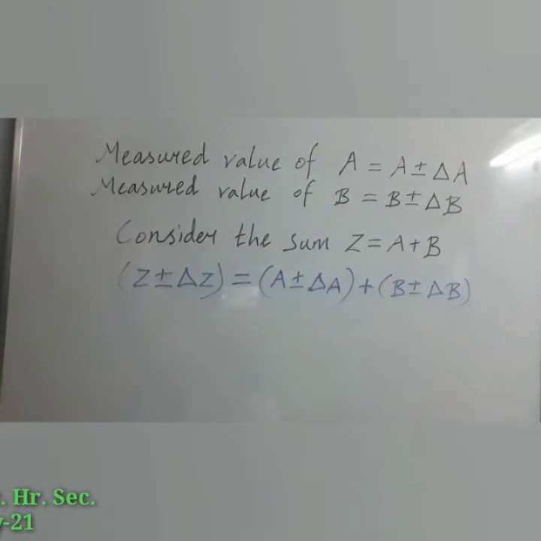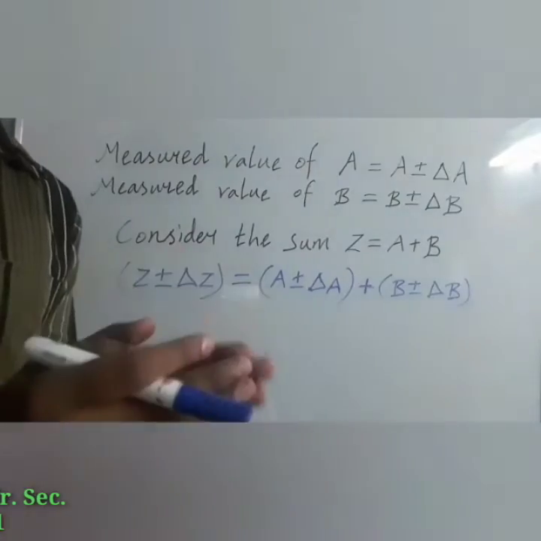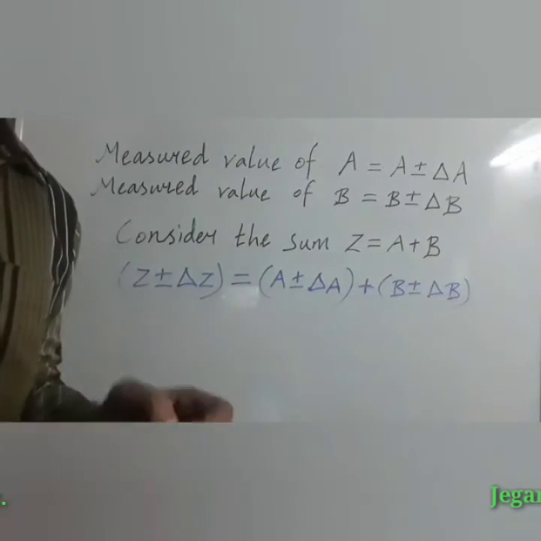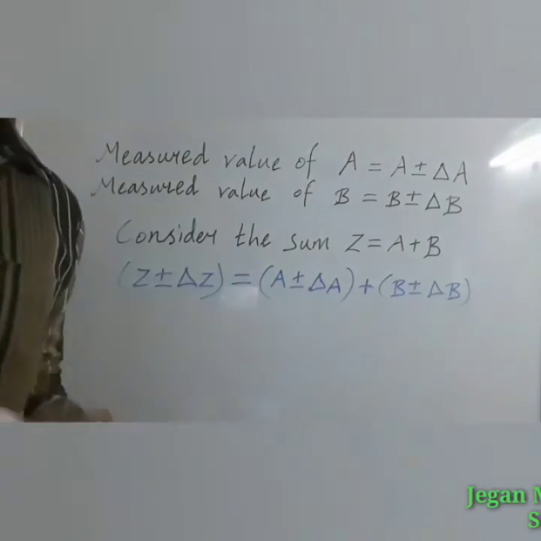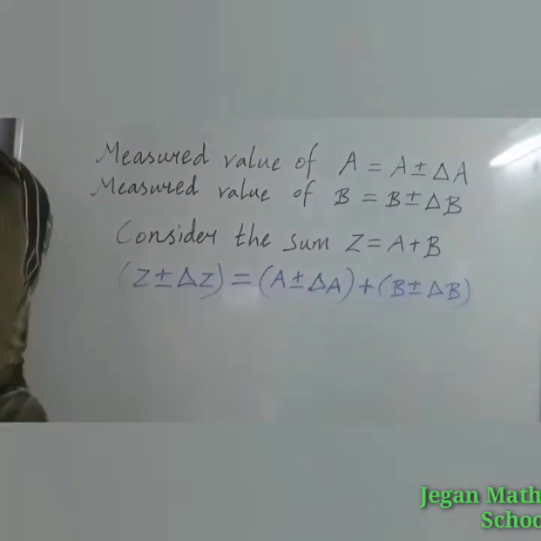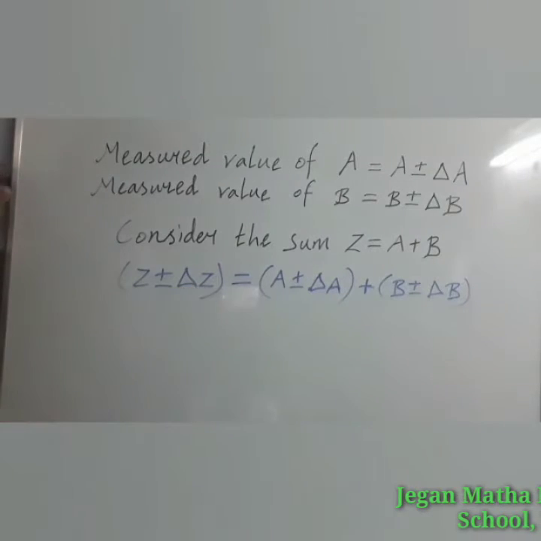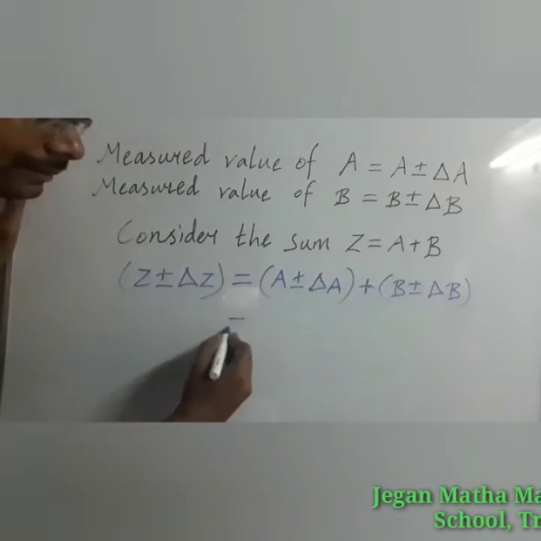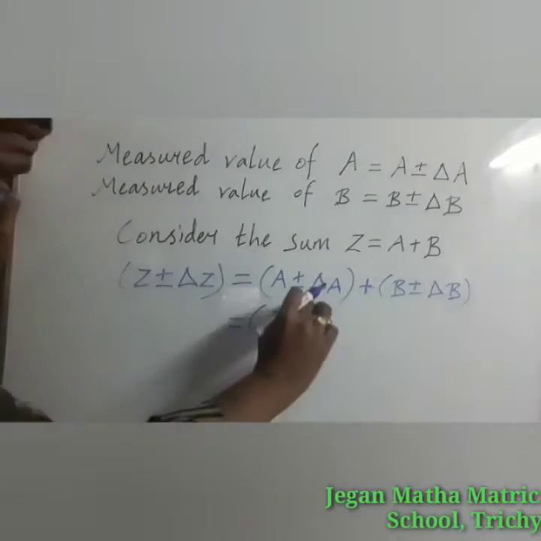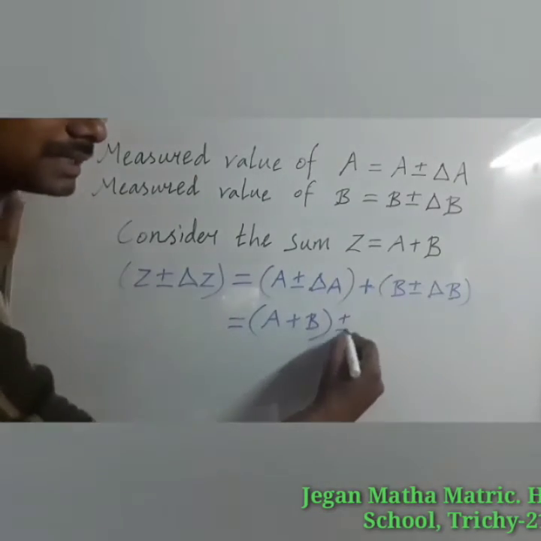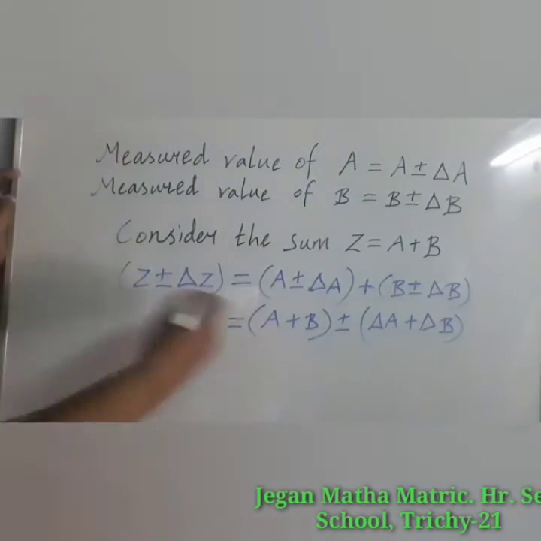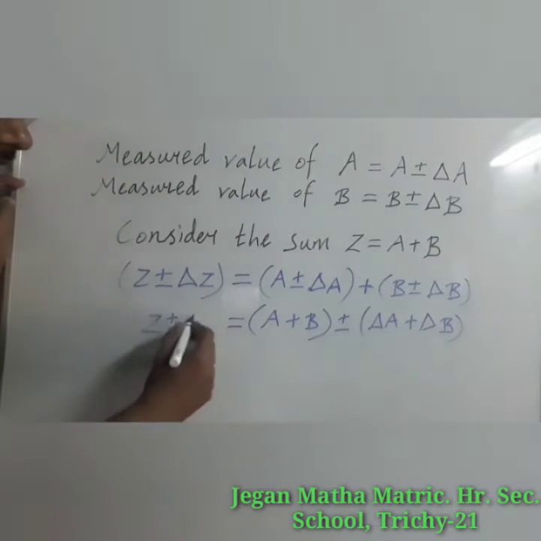Now you can clearly understand, with the actual real values of A and B, adding means you can get the exact final result Z. But in the experiment, certain errors will be there in the measured quantities. So in the individual measurements, there will be a certain error. Suppose the two quantities are added, then in the final result also there will be an error. So that is represented by del Z. So it can be written as A plus B, here plus or minus is common for both, so plus or minus del A plus del B. What about the left hand side? Z plus or minus del Z.